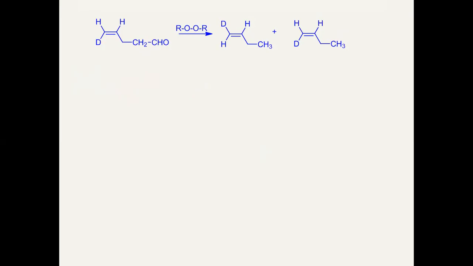But how will it form? Remember this peroxide that can be benzoyl peroxide. First of all, it undergoes homolysis and generation of the initiator. Here we can say RO dot. This RO dot will attack this C-H bond and remove hydrogen, followed by decarbonylation and then abstraction of a hydrogen radical. You can see this one.